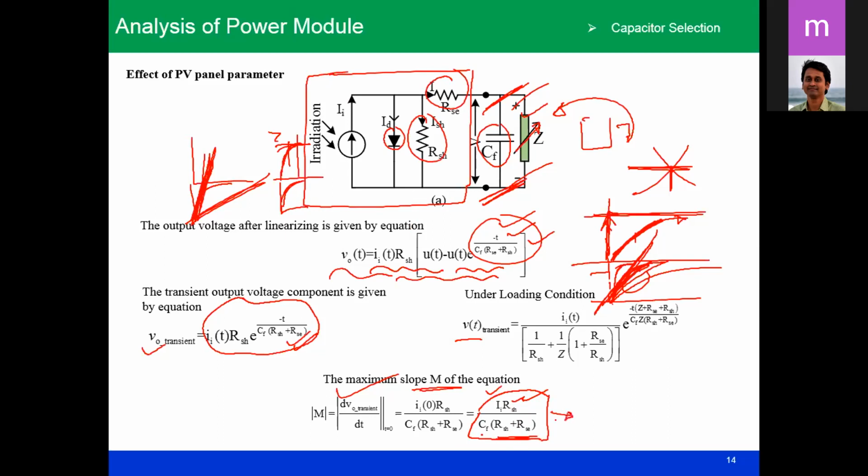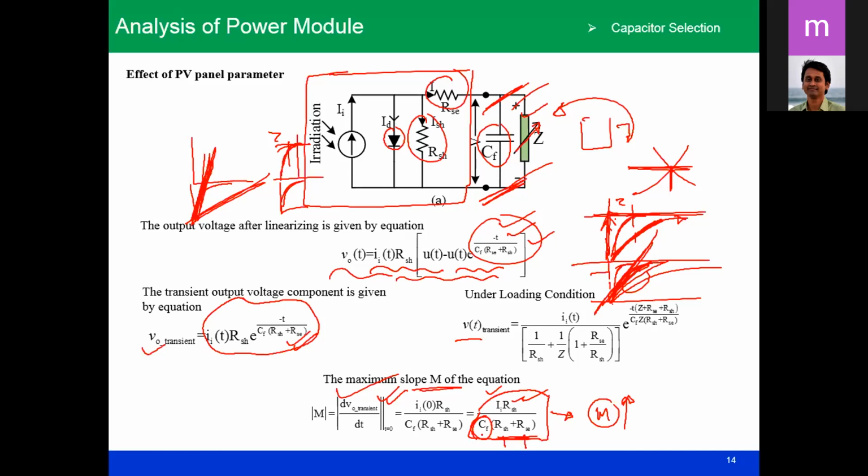So how can I use this thing? I can use a parameter extraction model, and from there I can use these values. Then I can see for what value of the capacitor I can get this m parameter very high. If I get the slope very high, I can guarantee that the capacitor voltage dynamics will be faster, the time delay will be low, and there will be less energy wastage from the extraction of the PV power.